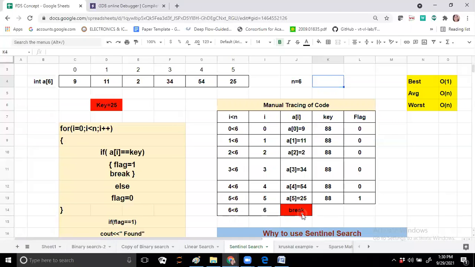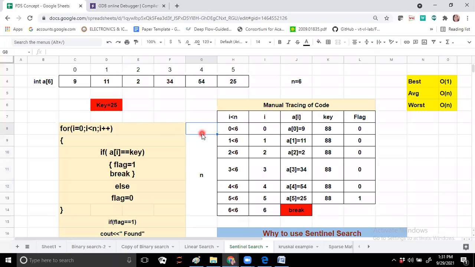So what I want to tell here is, in linear search, if your for loop condition is true, then the loop will execute till the nth position, right? And when will your loop break?